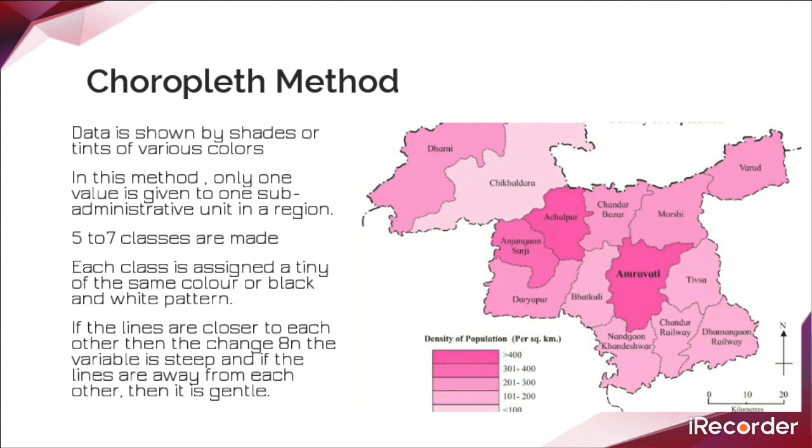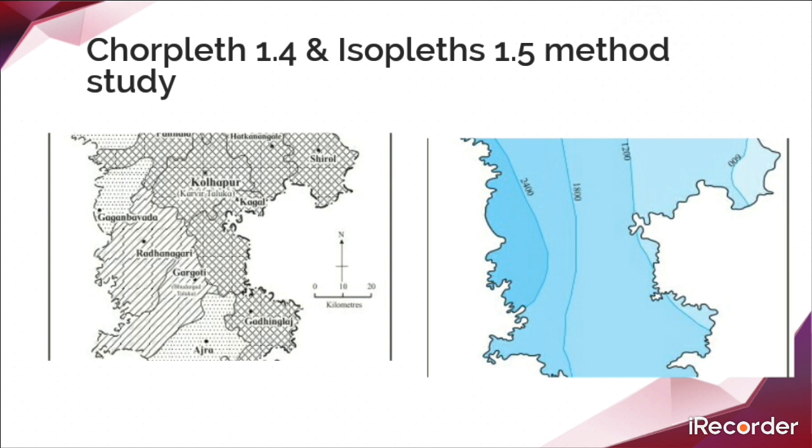So these are the three methods that we have gone through and learned the various three types in detail. You need to read the lesson from this point of view so that you can understand it in a much better way. But there are two figures which are given on page number 5, figure 1.4 and figure 1.5. Density of population. One is the density of population of Kolhapur district and another, 1.5, is the Kolhapur district average annual rainfall. So there are few questions in the textbook. Let us understand it from that point of view.